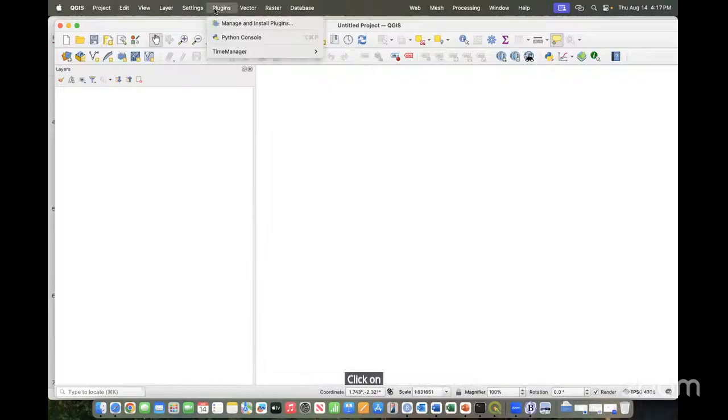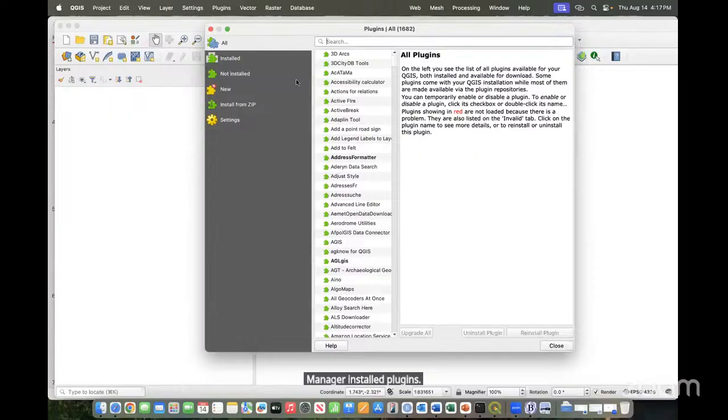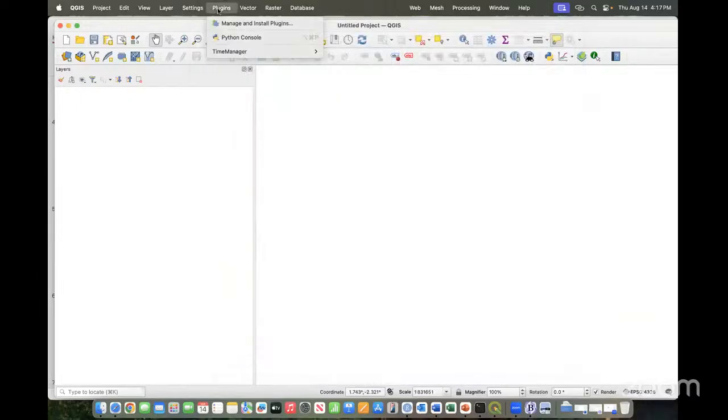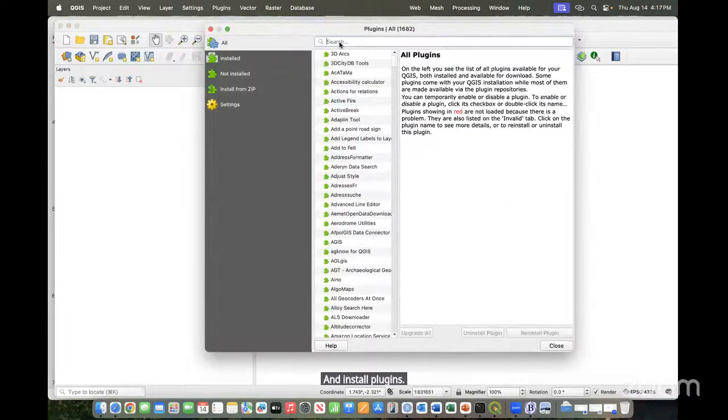Click on plugins, manage and install plugins. Okay, let's go back. Click on plugins, manage and install plugins. And then you're going to type here,